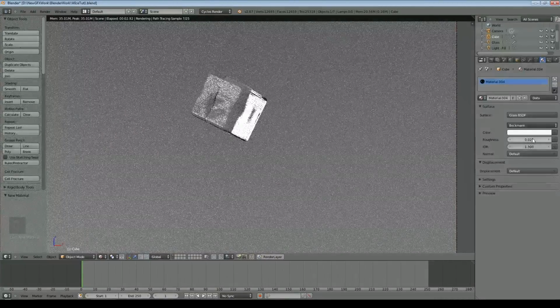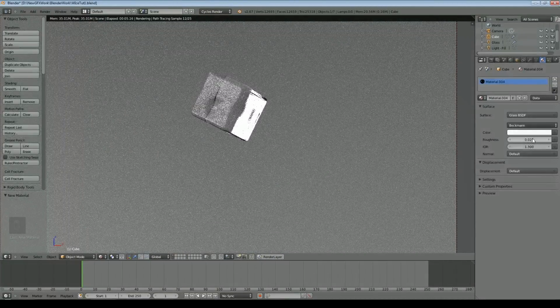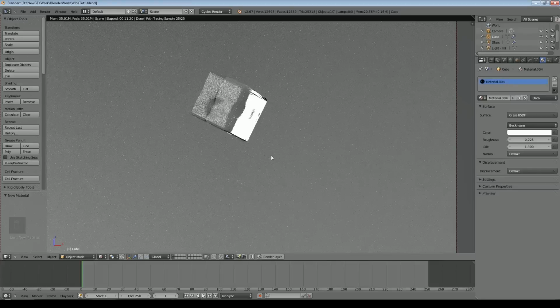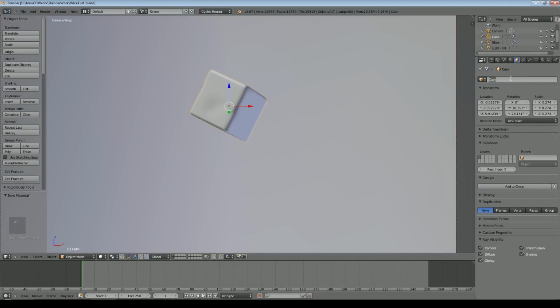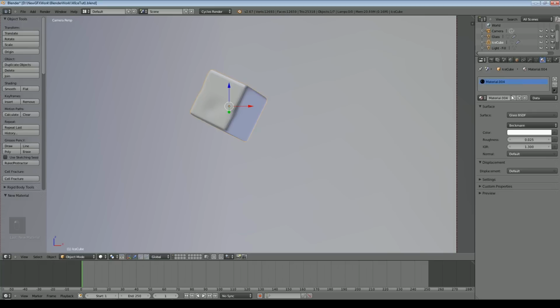Now you could do other things, such as if you were really wanting to make it look realistic, by adding displacement on the surface and things like that, just to give you more detail, but this is barely going to be visible, so in this case it's not really worth doing. So that's our ice cube, and the material is ice.